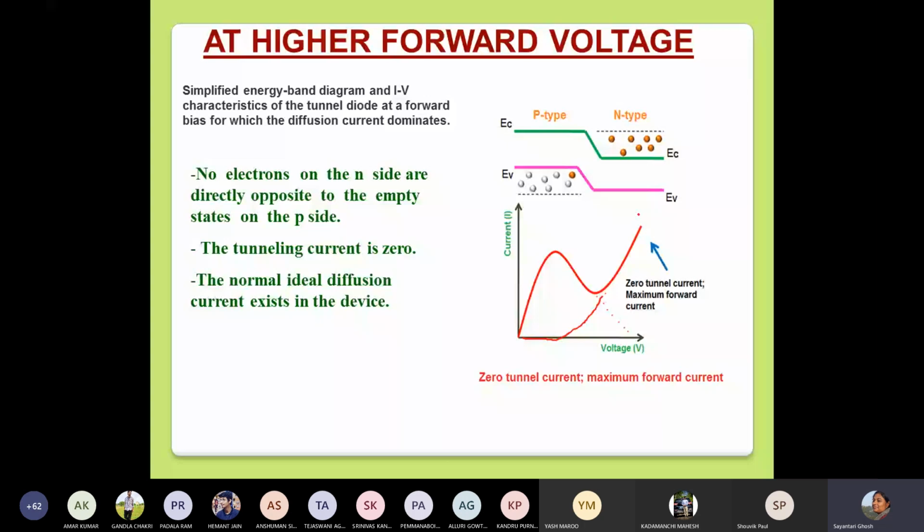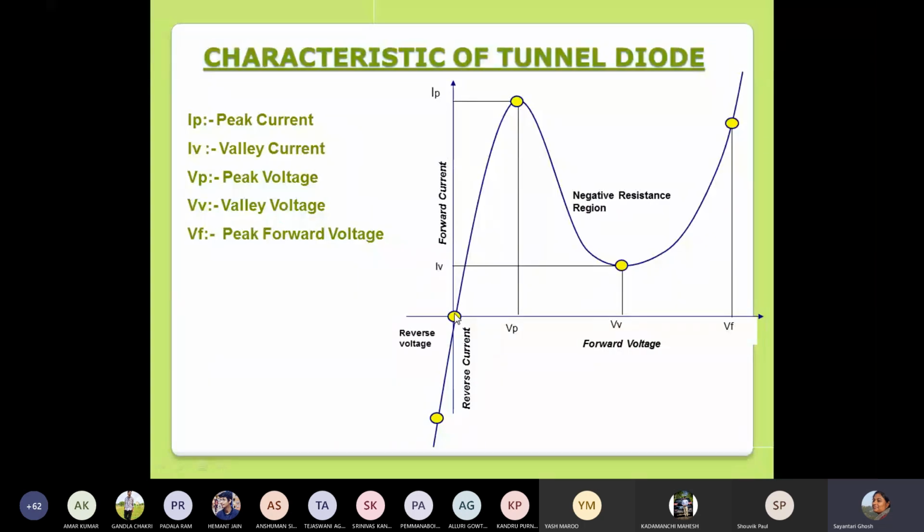So at each and every point I just tried to explain from the origin to this linear increase due to tunneling current reaching the maximum tunneling current, then reduction of tunnel current because of misalignment, and then further reduction of tunnel current and meeting the ordinary PN junction current, which increases further. The total effect contributes to a negative resistance region between these two voltage values, where the current decreases as the voltage increases.